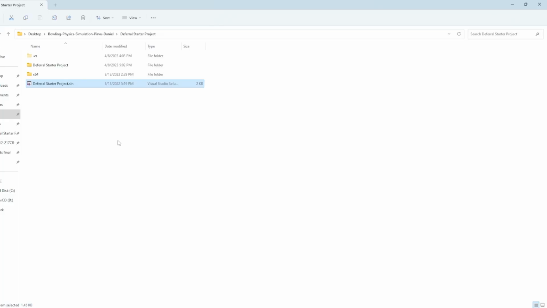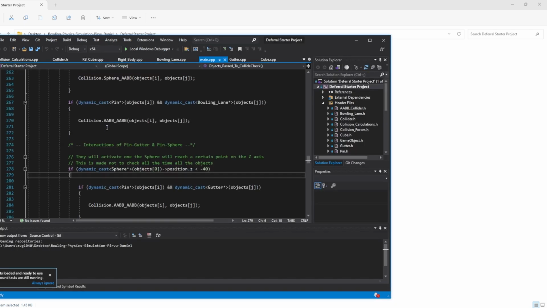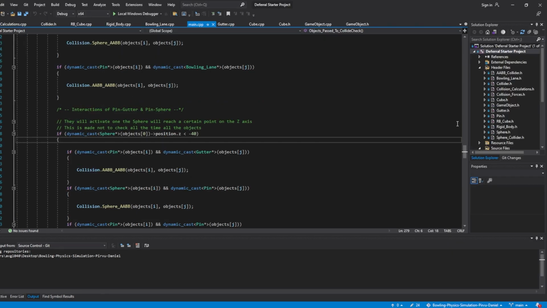I will start by showing you the game, how it works, how every object interacts with each other and with the environment, the replayability, and all the physics involved in this project. I will show you how everything was created, how everything is connected between the game object to the object itself, and then to collider, and then to collider collision calculation, and how they are implemented. I will run the code,